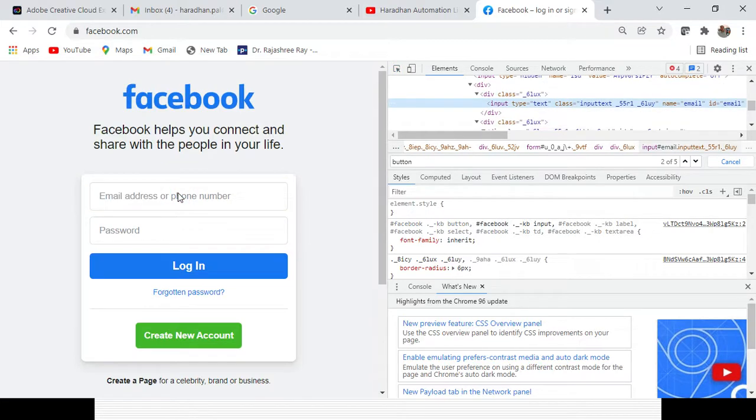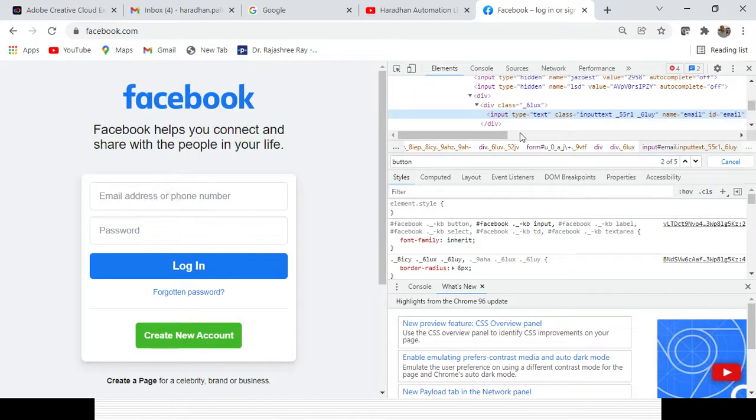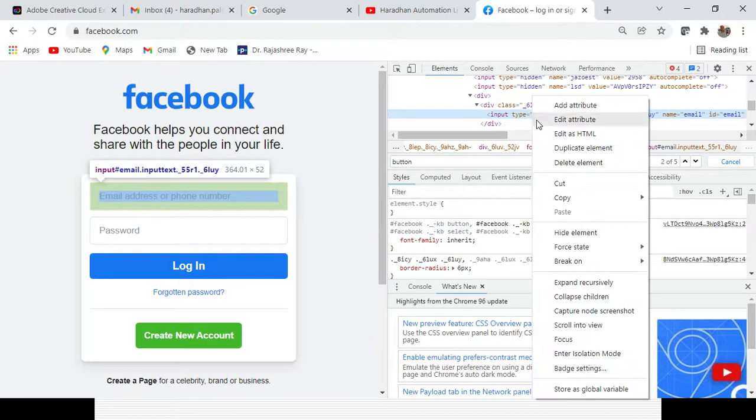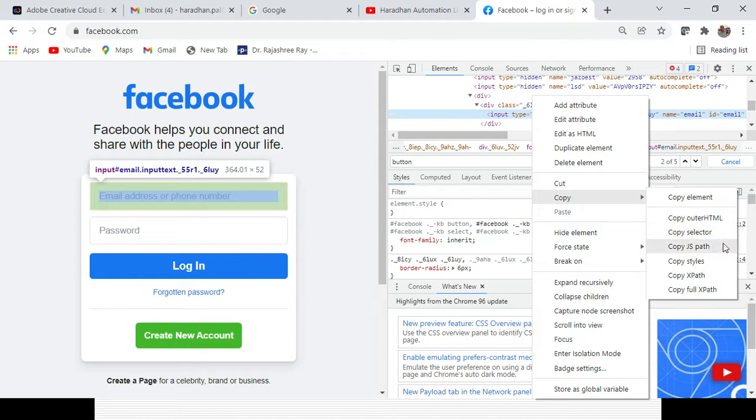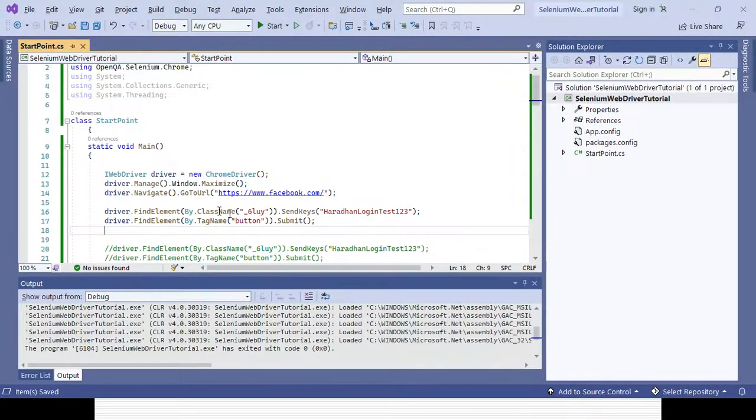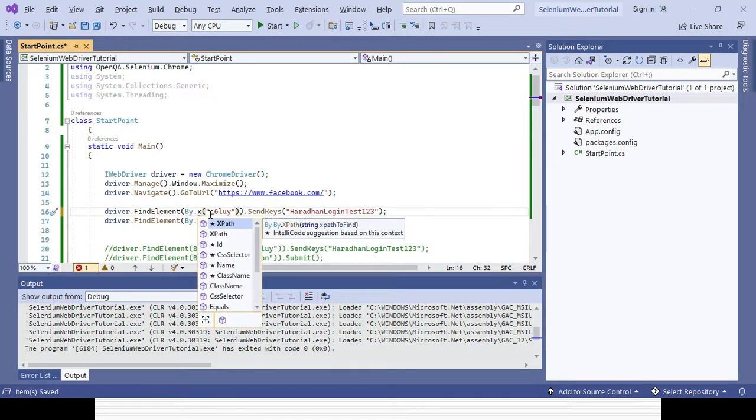You can see here, I can identify the email field, and if you right click here and copy, there is an option called copy XPath or copy selector. So I can copy the XPath, so that with the XPath I can identify the element. So here instead of class name, it will be by dot XPath. You can see XPath is coming.